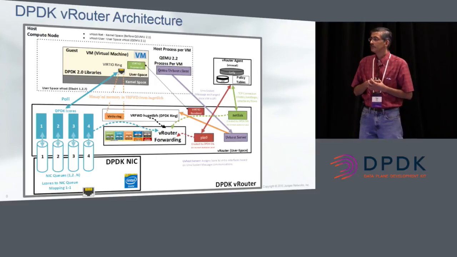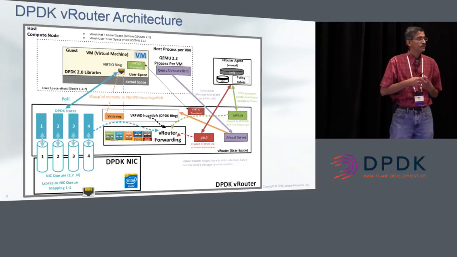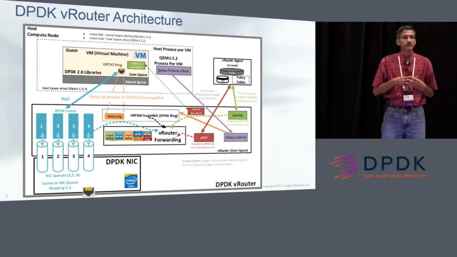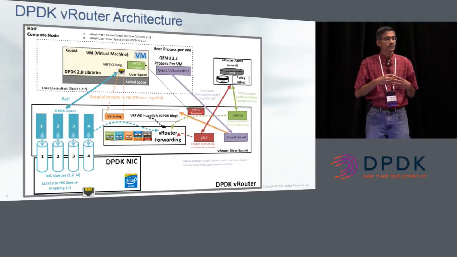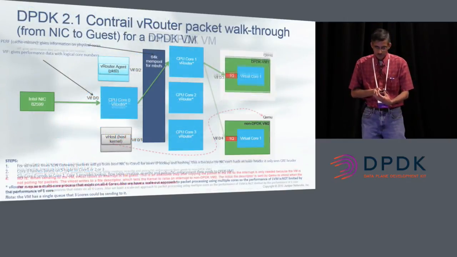One other thing that we're working on at the moment is to investigate what offloads can be used on the NIC. There are many different NICs that support various capabilities. So we are trying to come up with some hooks inside vRouter, without tying ourselves to any specific NIC hardware, that would allow us to make use of the offload features on the new NICs that are coming out. And that is pretty much all I had.